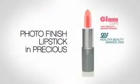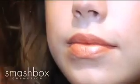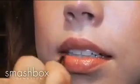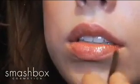I took our Photo Finish lipstick in Precious with my finger and just buffed it onto her lip to give her a little bit of definition because we're going to do a high impact shine on the gloss. So I'm going to take Radiant first, drag it over the lip line. And this is why I feel like if you apply a lipstick with your finger or directly to the lips, the lipstick brush can actually fine-tune your lip. So we're just blending everything in together